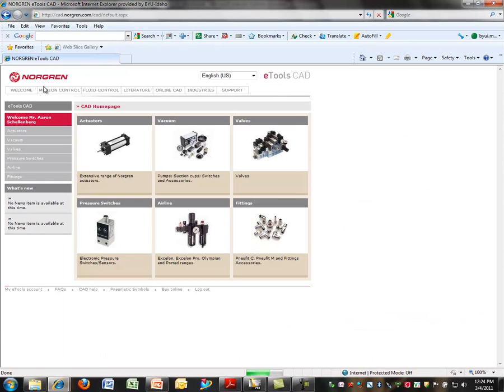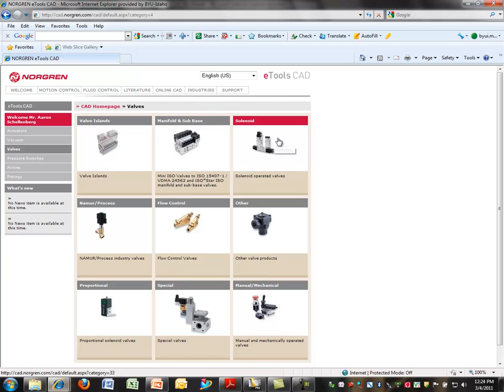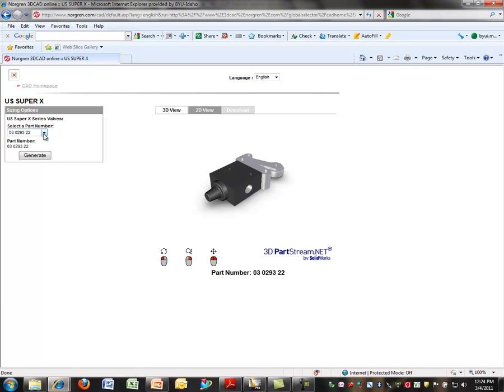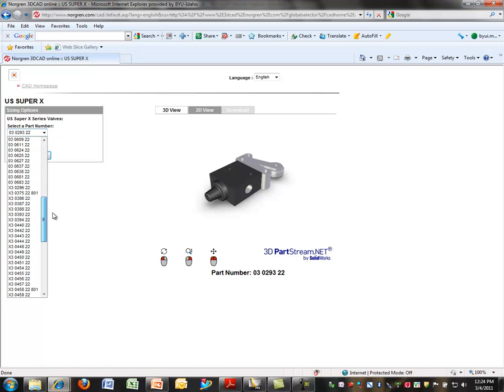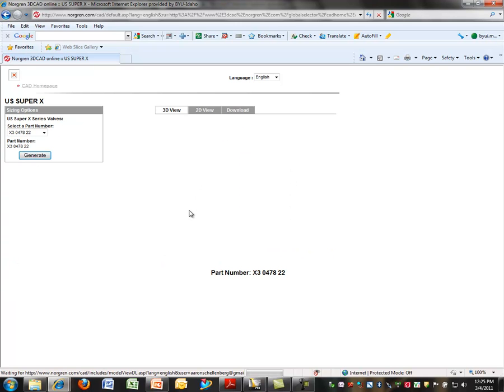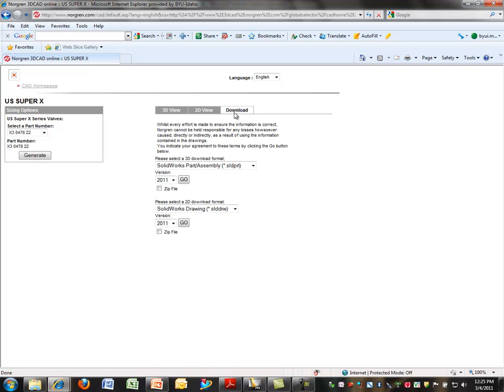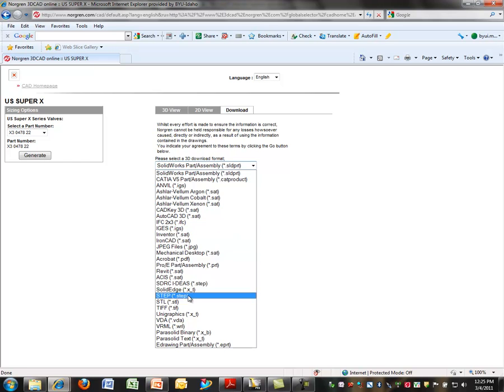Let's go back to the CAD home page. Now let's take a look at valves. Let's get a directional control valve. The one we're interested in is one of these manual mechanical operated valves, and we want a Super X, and the valve we want is the X30478. Hit generate so that we can see, yes, that's the one, the lever actuated, so that I can grab the lever and make my gang drill either move up or down. We'll download this as a step file,